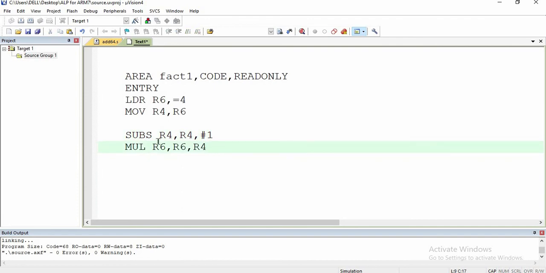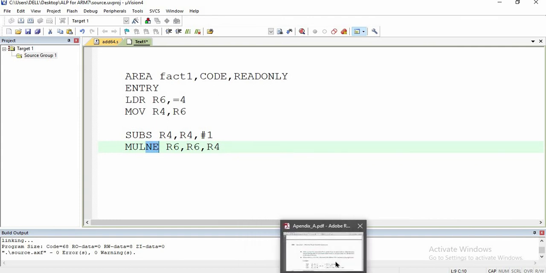And when R4 becomes 0, we should not multiply. If we multiply R4 with R6, the whole value becomes 0. So we will write another condition over here, that is NE, not equal to 0. Multiply only if the previous register value R4 is not equal to 0.